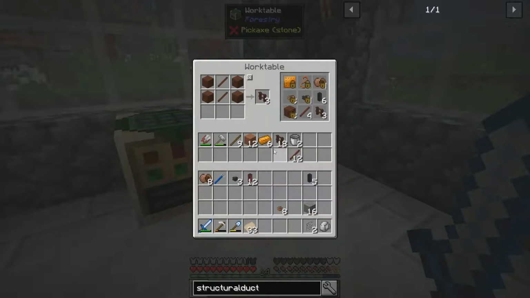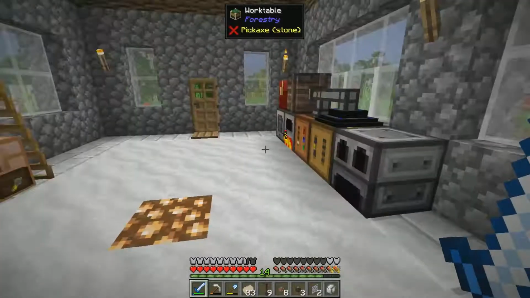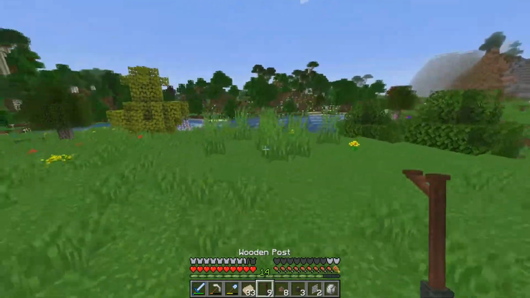And get some treated wood fence. Some stone bricks. And top one off with the other and get some wire posts or wooden posts. And these are wonderful for our wiring doohickeys. So we have a few of these. We have an engineer's hammer, a very important thing to have on you at all times when you're doing Immersive Engineering